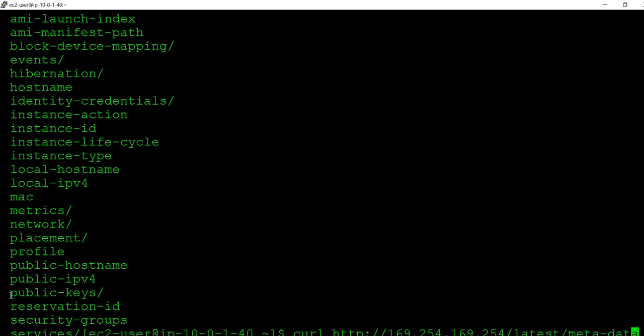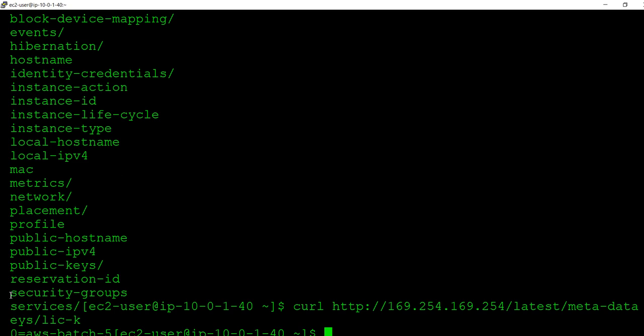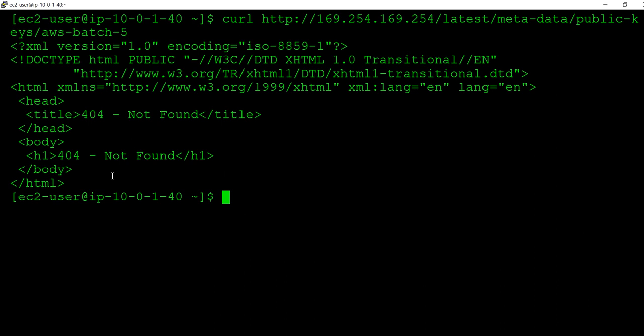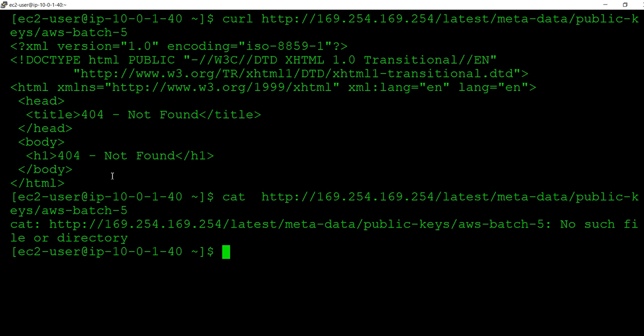Now what I need to do is get next, slash public-keys, and the various keys. The key name is AWS batch 5. I need to cat it, I think. I'll just do the cat with the address and directory.